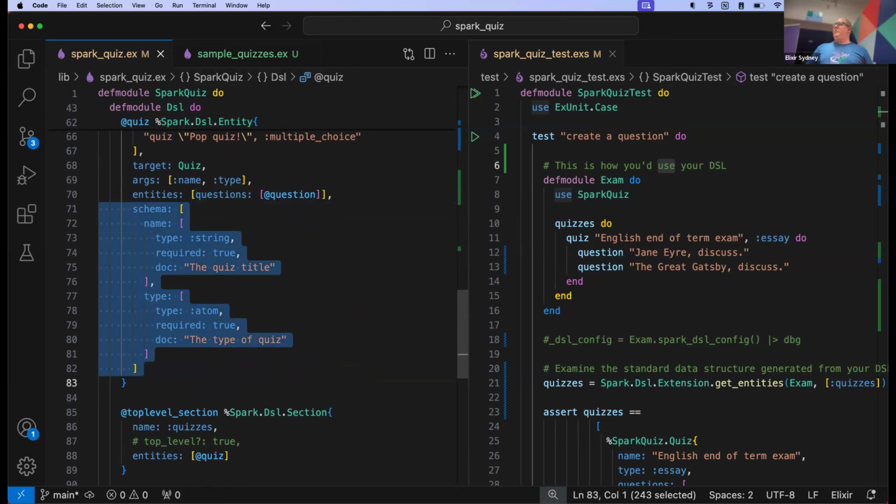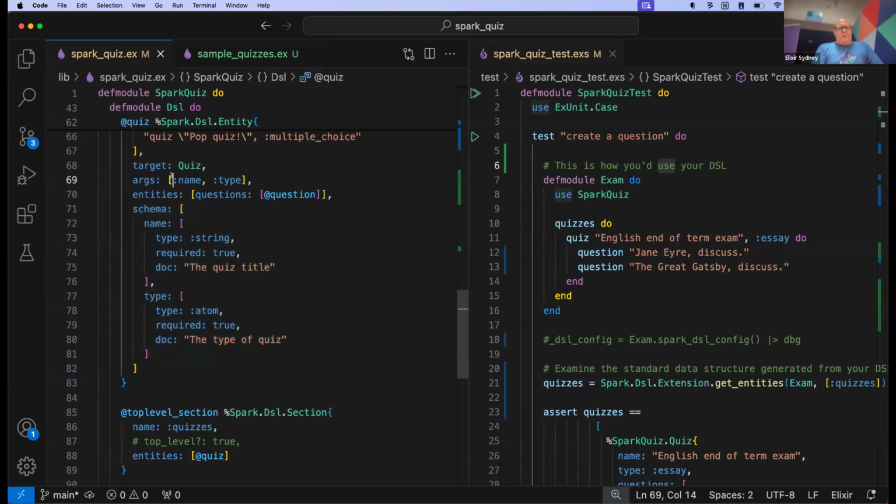Has anyone used Nimble Options? It effectively lets you describe options for command line interfaces and what have you. It's basically types and required and some docs and the name of the field. So that's kind of handy. And what we can do is create positional arguments out of the name and the type.